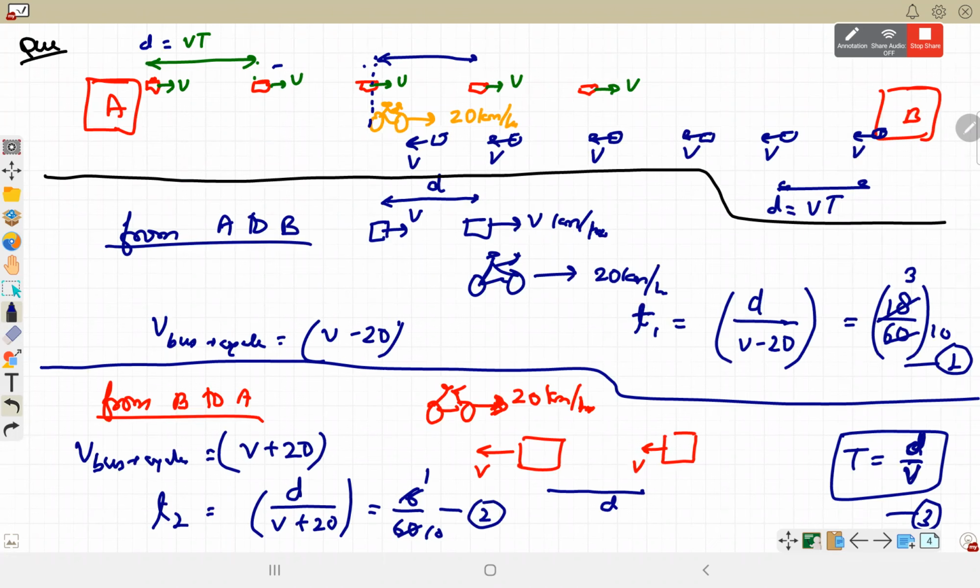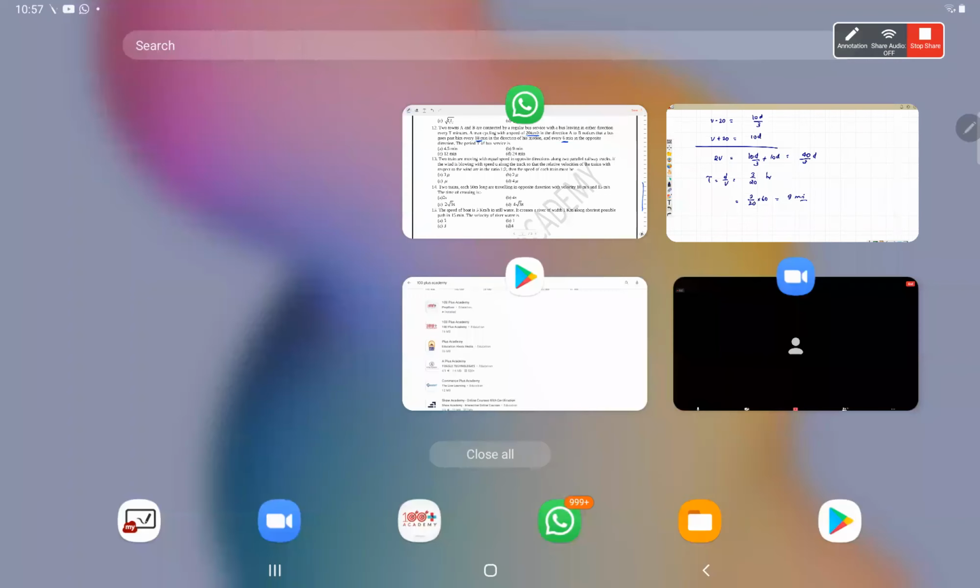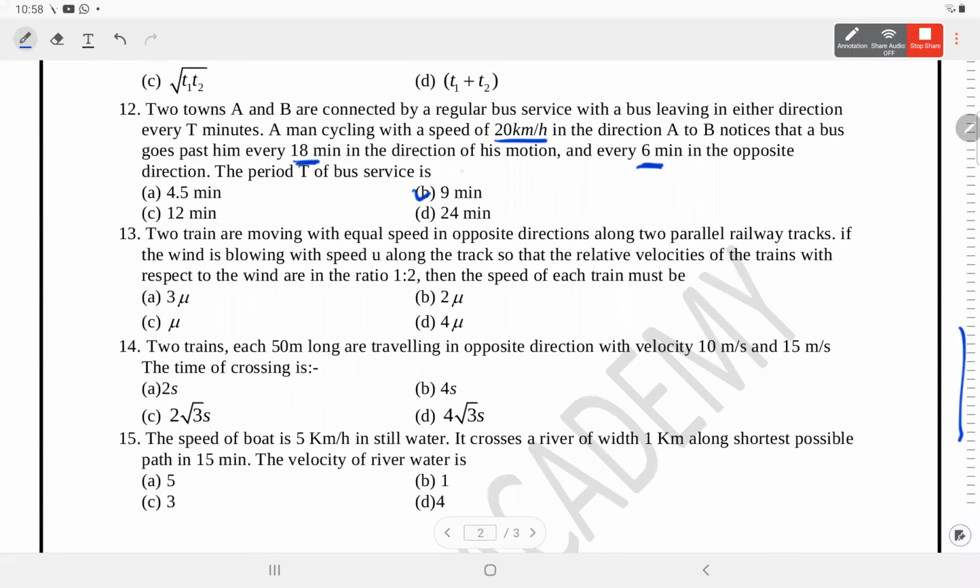First you have to find V, then you have to find D, then you have to find D by V. Here V minus 20, here V plus 20. So I notice that, calculate the value of V minus 20 from the first equation, V plus 20 from the second equation, add the two. The answer will always be calculated, for a time of this 5-10 seconds, maybe more. So whatever way you can see, you should solve that question. It's not a problem, right?